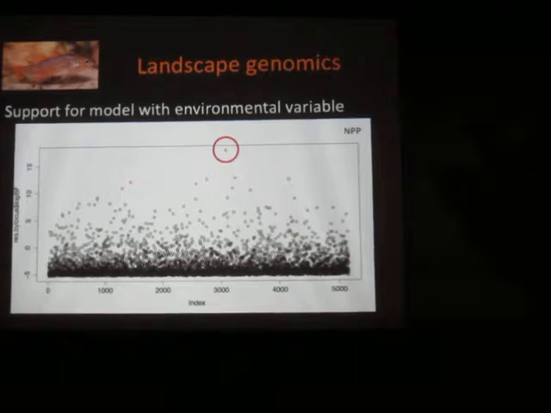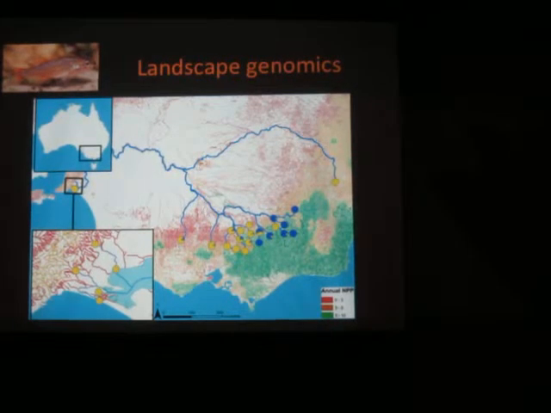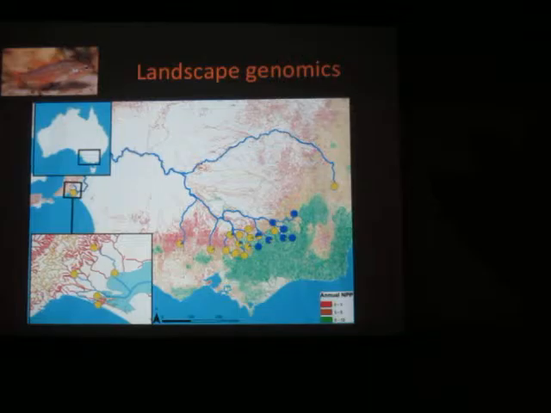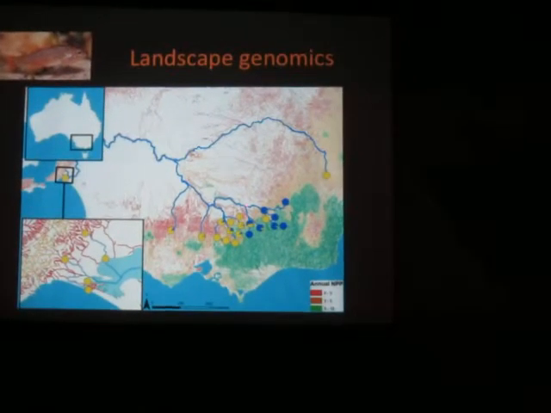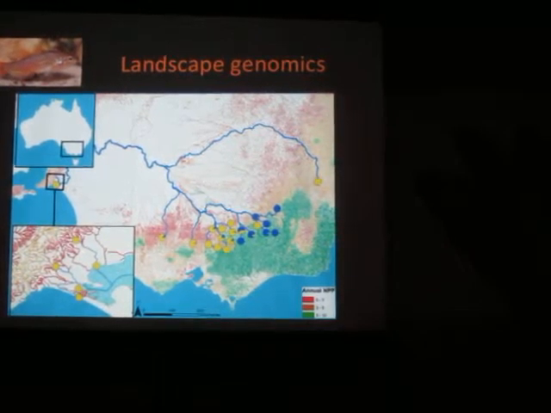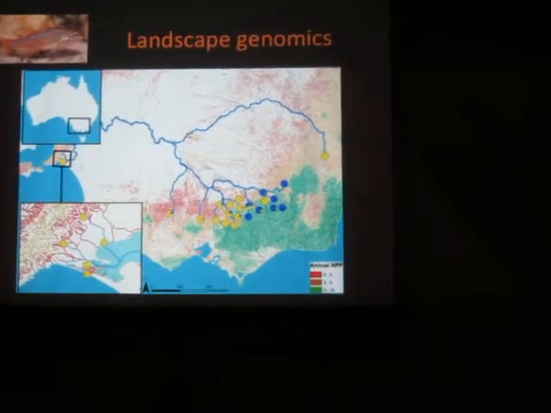And if we just think about one of those markers and we map the allele frequencies back onto our environmental layer, what we find here is that the blue allele seems to be favoured more in the more fertile areas here, and then it changes as we get drier into the yellow allele and then gradually moves over to fixation in the driest areas in the west and also in the north, which is really dry as well.